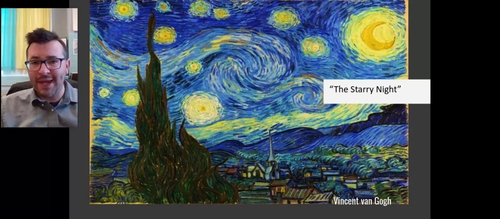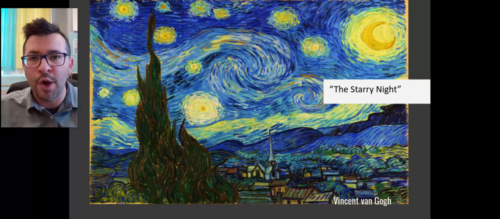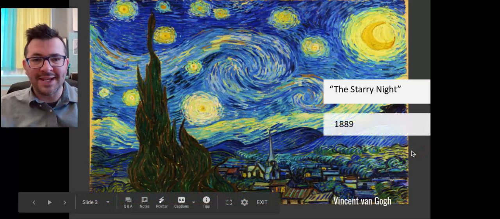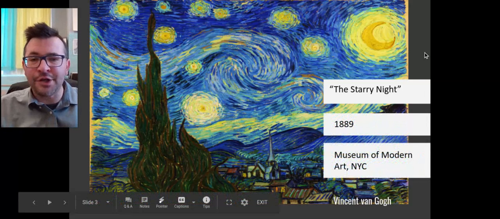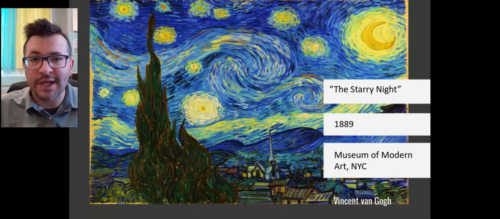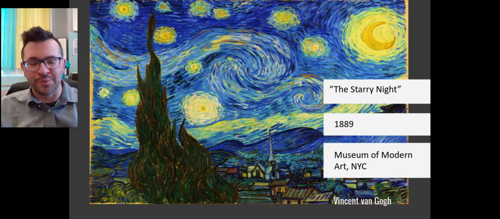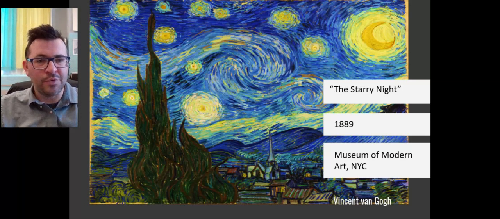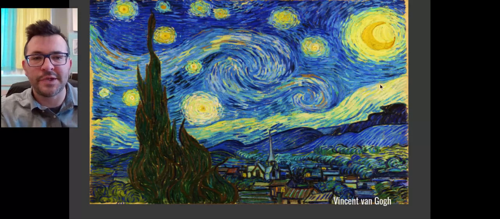And this painting, The Starry Night, is based on the view he saw outside of his asylum window. It was painted in 1889, and it is currently on display in the Museum of Modern Art in New York City. So I've been there. You get to see the original. It's really cool. I'm going to move these off of the screen for a second so that we can see